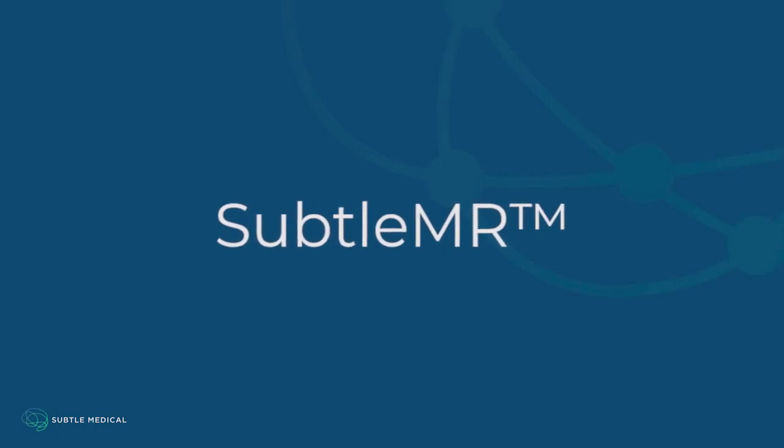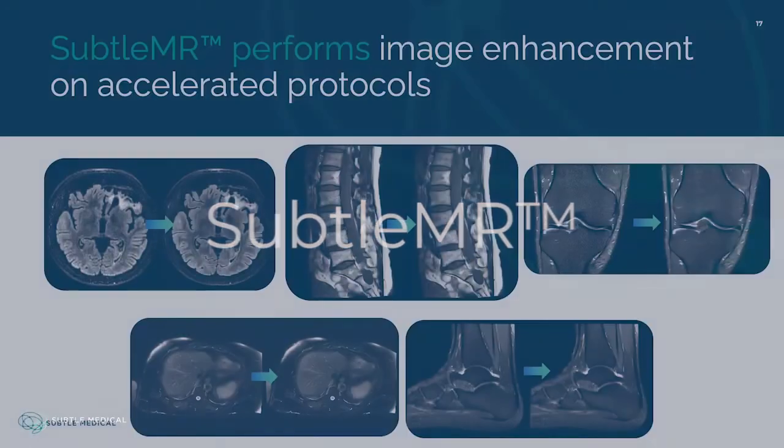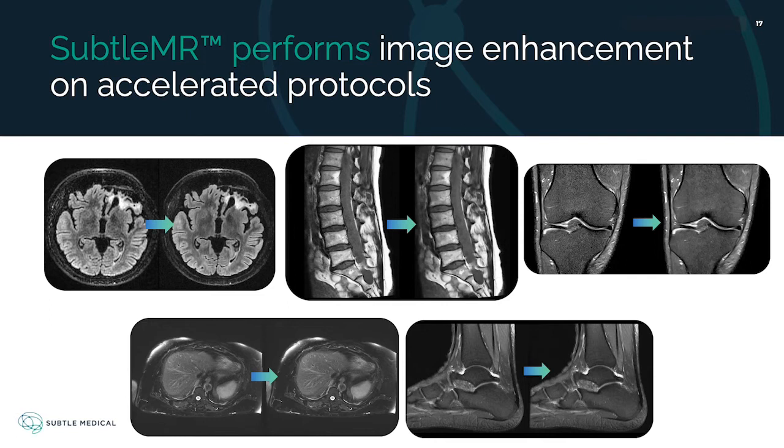Let's take a look at SubtleMR. SubtleMR is an FDA-cleared image processing software that enhances MRI images. It can be used to reduce image noise for the entire body, including but not limited to head, spine, neck, abdomen, pelvis, prostate, breast, and musculoskeletal regions of the body, and is also used to increase image sharpness for head